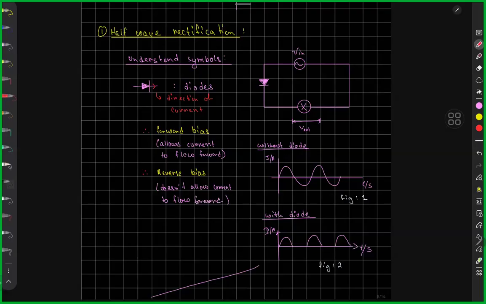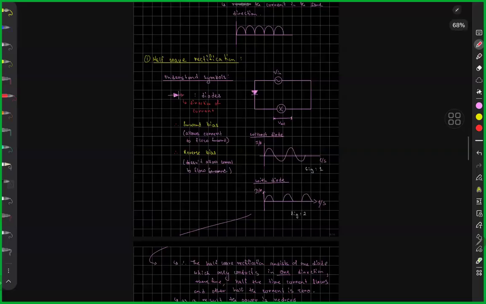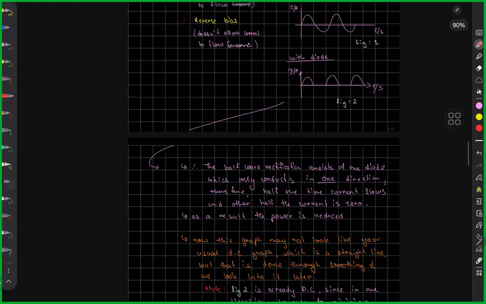Okay, so there are two ways to think of it. There's a forward bias, there's a reverse bias. So in case it doesn't allow the current to flow. Okay, so it's just the opposite of each other. I mean, this is honestly oversimplified in some sense. If you do end up studying electronics, engineering, stuff like that, you will learn these in way more depth than it is covered right now. But anyways,